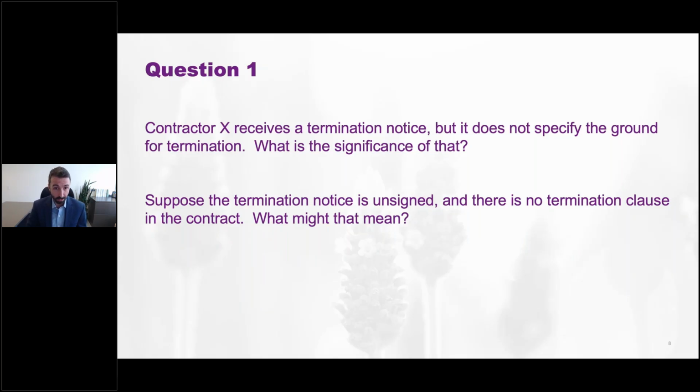That is an example, though, of something that's a procedural defect where, even if your CO didn't necessarily use independent judgment at the time, if the CO goes, well, I've now thought about it and I agree with the notice, I'm adopting it, this is mine, that's going to get you into a different situation potentially. But you're going to have to look at the facts and circumstances. There's not a single way to know whether the CO used independent judgment. So I think that was one question. Did we have another? We did have another.